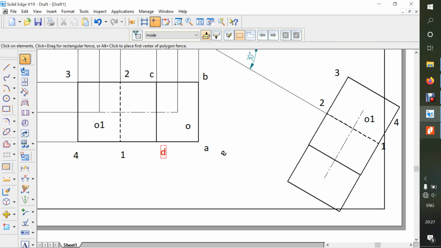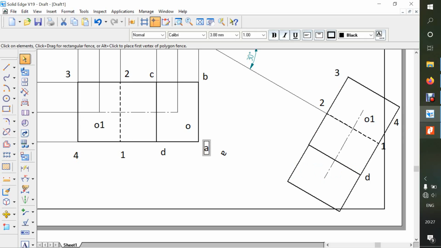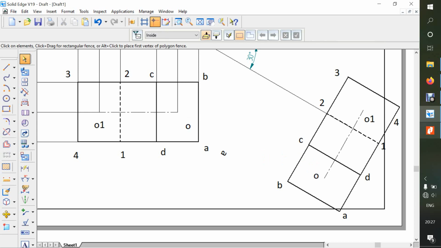So 4 and 1, then this is a D, A, so B, so AB, then it's a C, then it's an O. So that's it. So once you do this one, our job is done for the third position.